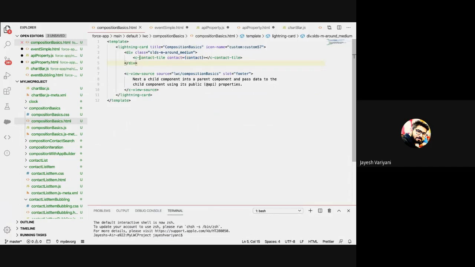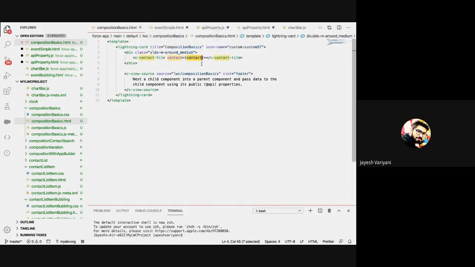This contact tile is the component handling the UI part of a tile, how the contact has to be displayed in the form of a tile. So in future, if the use case arises to change the UI of a tile, we just need to focus on the contact tile component, and we don't need to bother about all the other components, even if the entire build is complex. That's the main point of the composition concept.